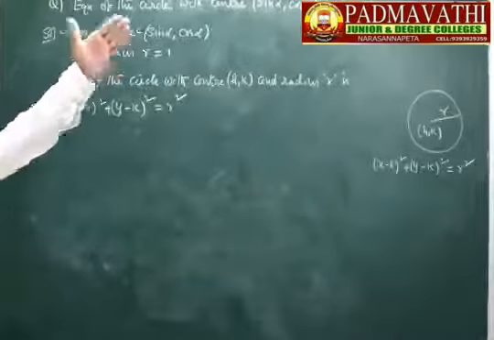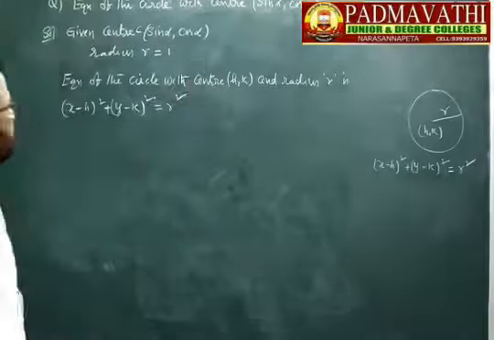Given that (h, k) is (sin alpha, cos alpha) and radius r is equal to 1, substitute these values in this equation,